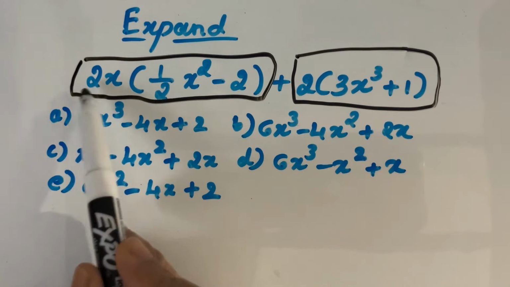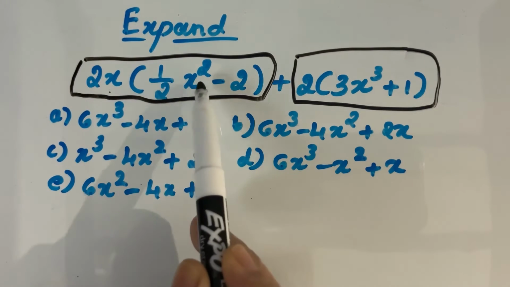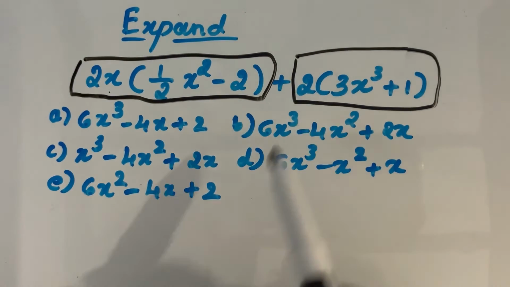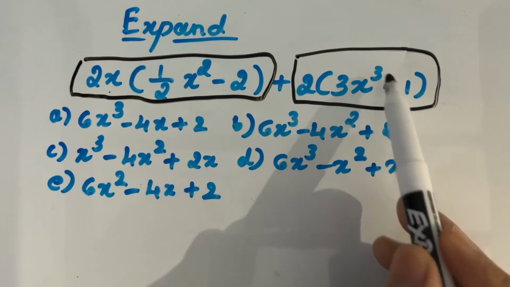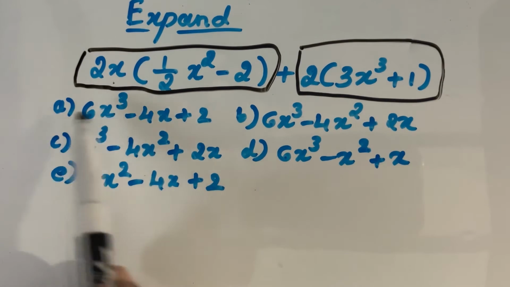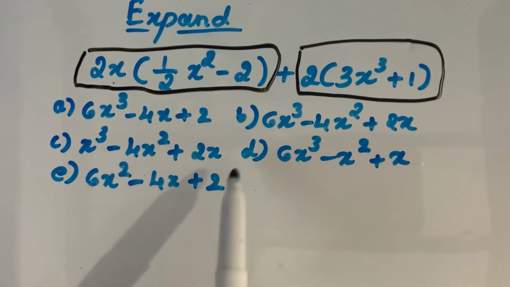Expand 2x times (1/2 x square minus 2) plus 2 times (3x cube plus 1). This is algebraic expansion. You have 5 options here, A, B, C, D, E. To solve this,